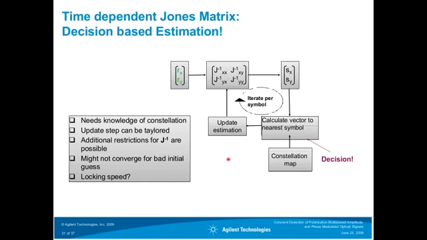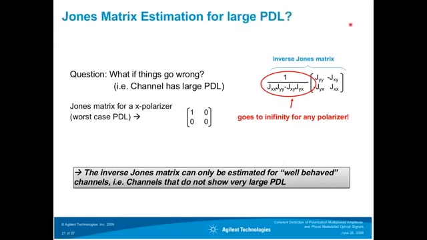You might need to worry about whether this method converges for a bad initial guess, and locking speed might be slow, so you might lose some initial symbols of your transmission. In the next slides, we will look into the decision-based estimation, how this really works, and what results we have found. But before doing that, we look into the example of what happens if there is a large PDL on the transmission